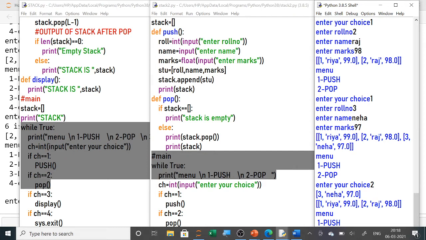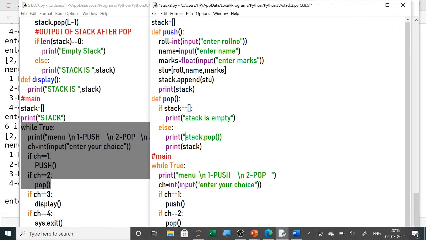बाकी पॉप का प्रोग्राम किसी भी डोमेन में सेम रहेगा, उसमें चेंज नहीं होगा। हाँ, यहाँ पे हमको डिलीट करने के लिए जस्ट हमने जहाँ डिलीट किया है तो यहाँ पे थोड़ा यूज़र फ्रेंडली बनाने के लिए थोड़ा डिलीटेड एलिमेंट इज डिलीटेड एलिमेंट या स्टूडेंट, यहाँ पे स्टूडेंट रोल डिटेल्स था तो डिलीटेड इज करके हम दिखा दे रहे हैं कि कौन सा डिलीट हो रहा है। और उसके बाद फाइनल स्टूडेंट लिस्ट जो था वो स्टैक करके डिस्प्ले कर रहा है आफ्टर डिलीशन। आफ्टर डिलीशन स्टैक इज, ये यूज़र फ्रेंडली हो गया।